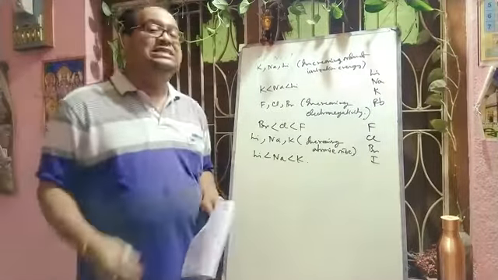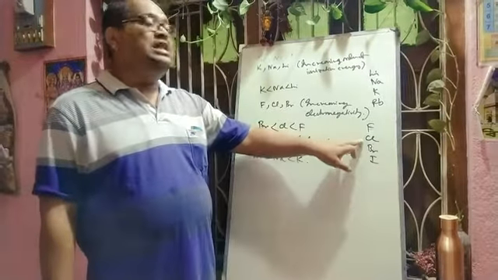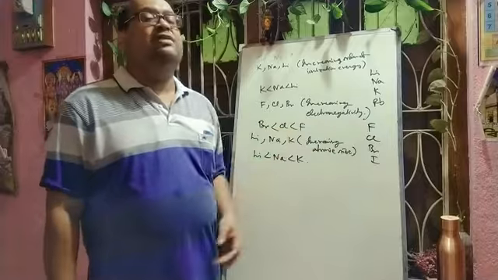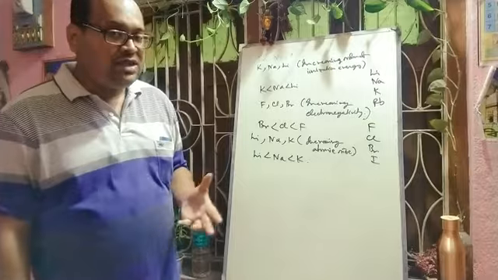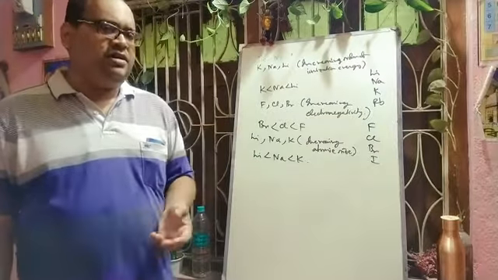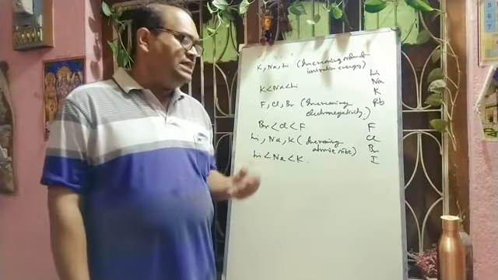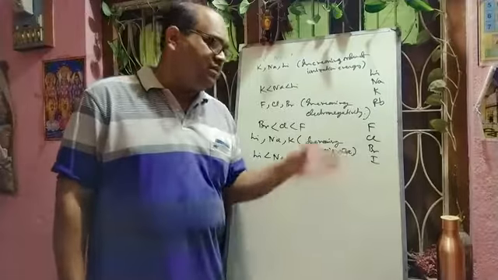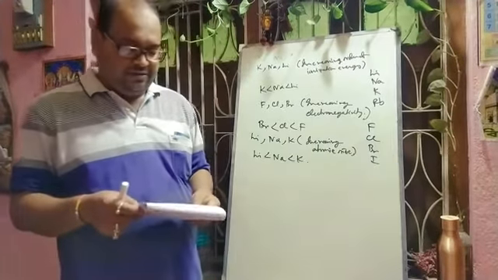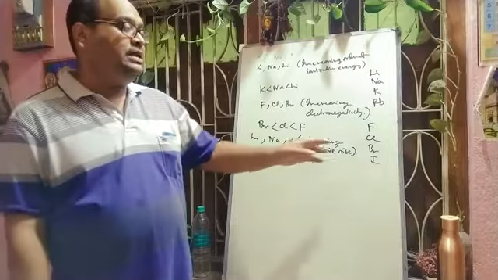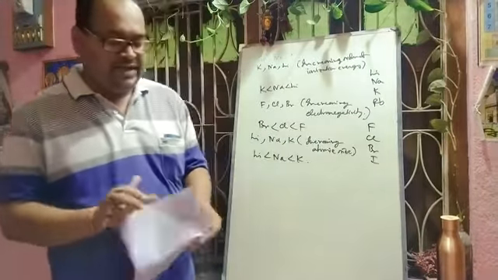Which element has the highest electron affinity? We have already discussed: not fluorine, chlorine has the highest electron affinity. You know that the size of fluorine is small, so when an electron is accepted, there will be severe repulsion from the incoming electron and the electrons already present in the valence shell of fluorine. But in the case of chlorine, as the size is bigger, it can easily accept the electron, and the amount of energy released will be greater compared to fluorine. That is why chlorine has higher electron affinity compared to fluorine. That order you have to remember. So again, fluorine has the highest electronegativity, but chlorine has the highest electron affinity. This question is very important.